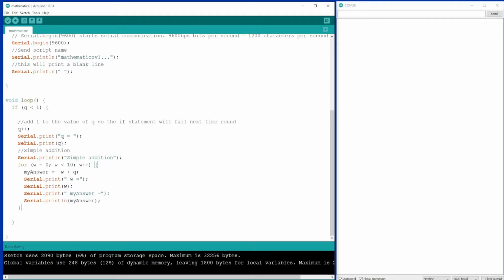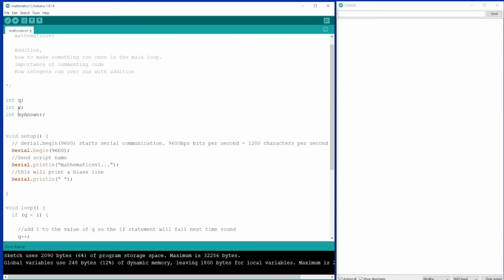Now, a quick run through the bit of code here. We've got serial print, q equals, that's a text string, and then serial print line q, it will print the value of q. And then it's going to put serial print line simple addition, just so we know what this example is about. And then we're going to use my other integer, w,